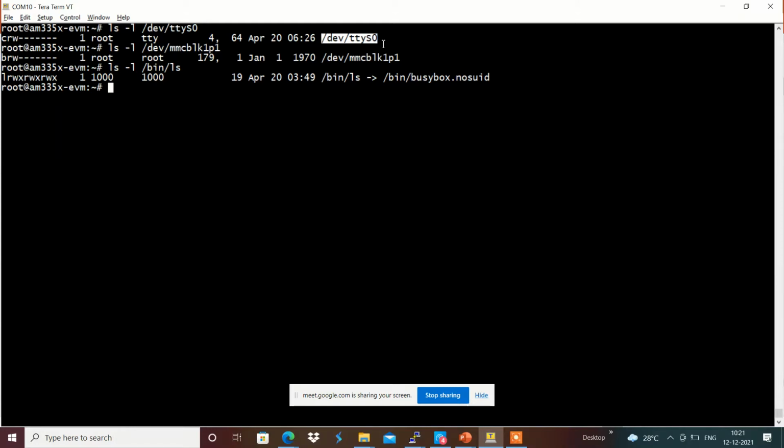It does not mean that /dev/ttyS0 is the device driver for the serial port. It is the device file representation for that serial port. The original device driver will be present within the kernel image, like when we insert a module. Likewise, we will do the same here, and we will see how it gets linked.